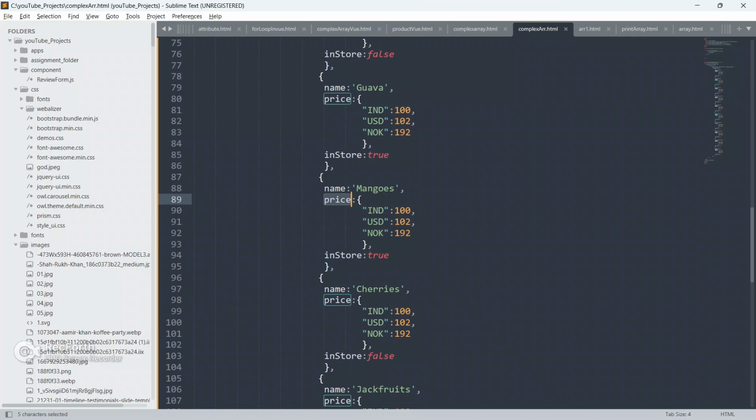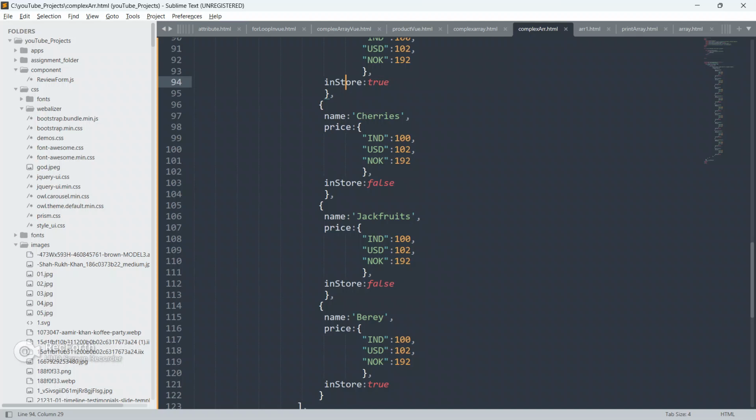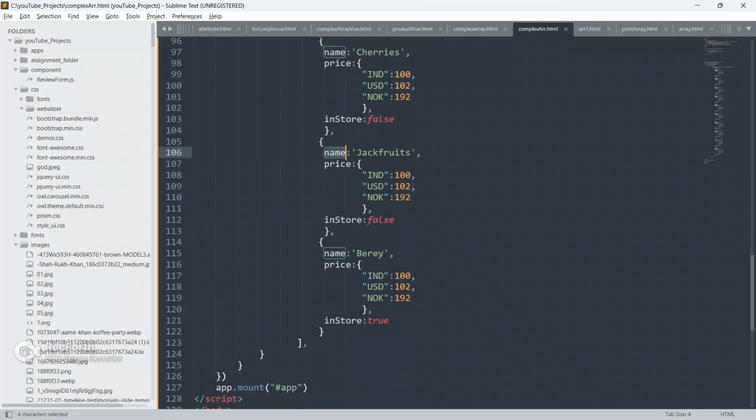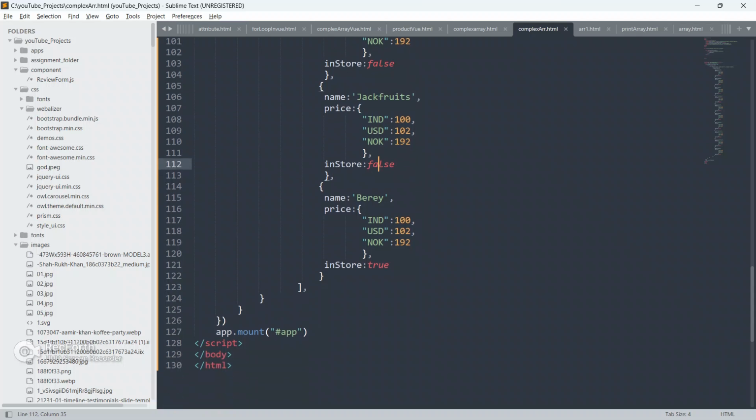The name is mangoes, with its IND, USD and NOK prices, and the in-store value is also false. The name is cherries, with its prices, and the in-store value is false. The name is jackfruits, with its IND, USD and NOK prices, and the in-store value is also false.